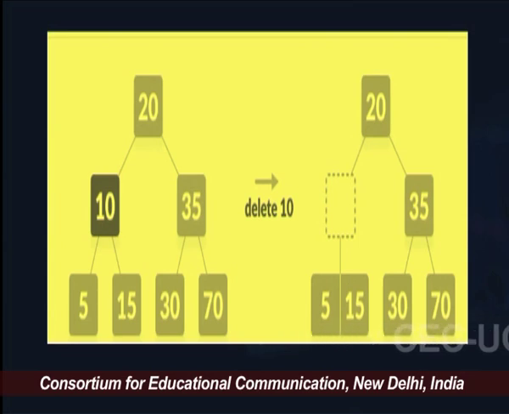Now let us say we are going to delete 10. This will cause an underflow situation. The point is it is an internal node. So, considering case 2, we can borrow from the in-order successor or in-order predecessor. Now, the in-order successor and in-order predecessor are 5 and 15, and they both are lying on the minimum threshold, so they cannot give. When they cannot give, we are going to merge the keys, and that is what we did in the